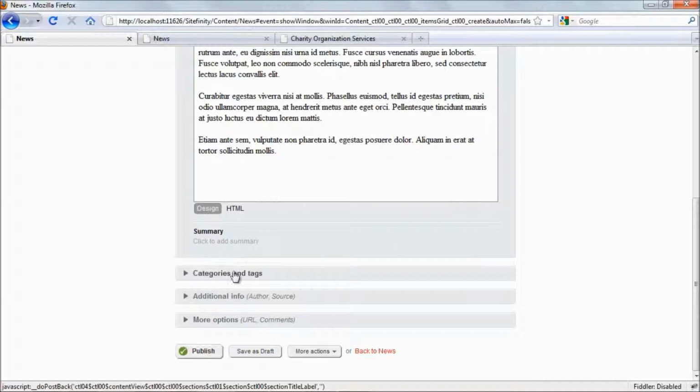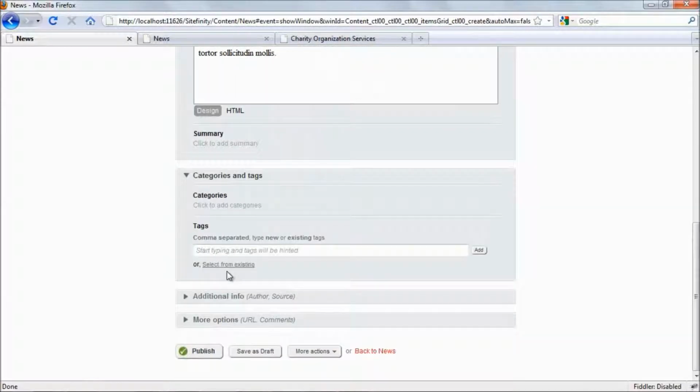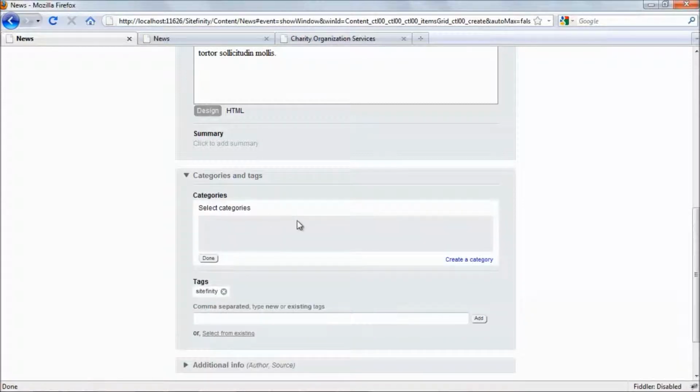And then there are many other options down below. They're optional, that you could use for categorizing different news items. And by the way, once we add this categorization, we could use that news widget to say, I only want to display news items that have the Sitefinity tag or exist in a certain category. So that's how some of those classifications can get used if you want to use them,